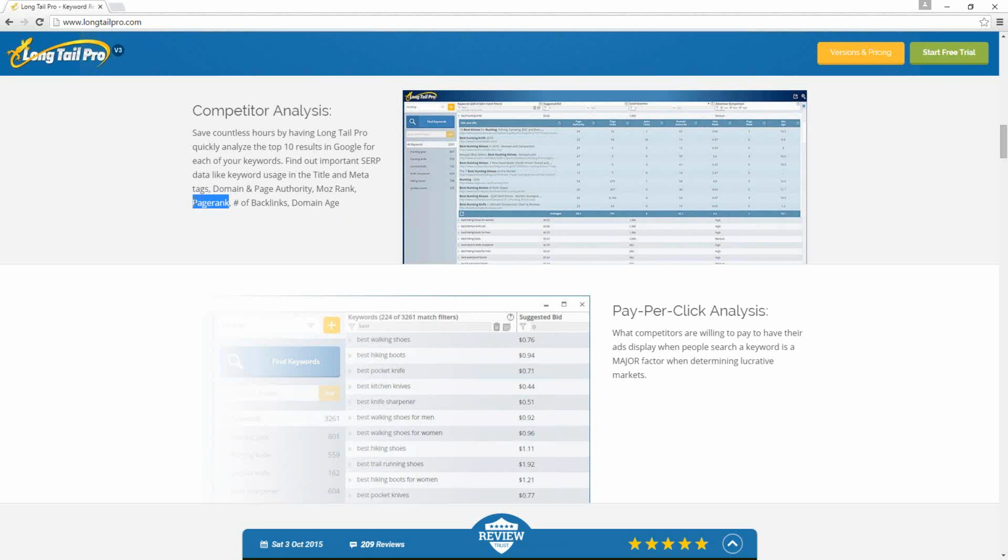This competitor analysis right here, giving you things like page rank, domain age, and number of backlinks, can tell you whether or not you may have to wait a little while or possibly do some marketing work on those pages to be able to get those search rankings.